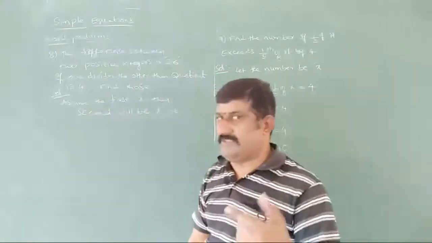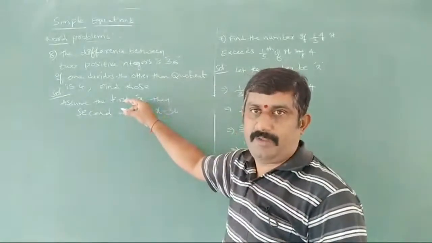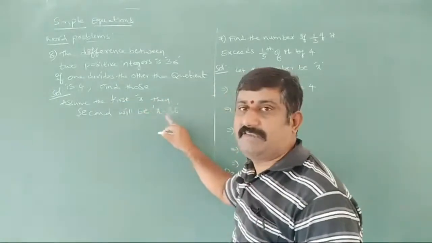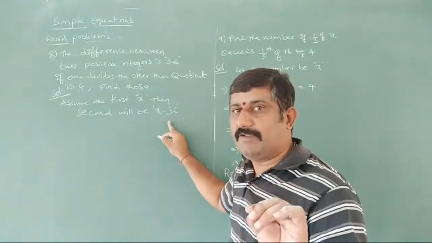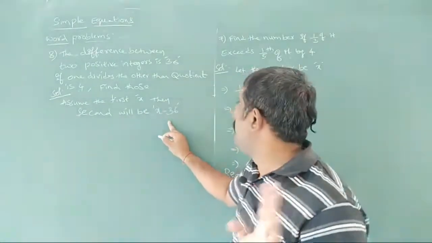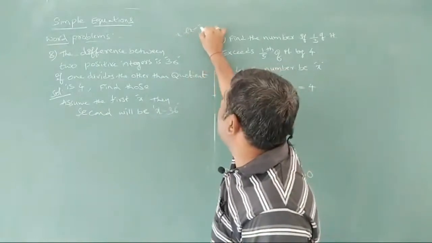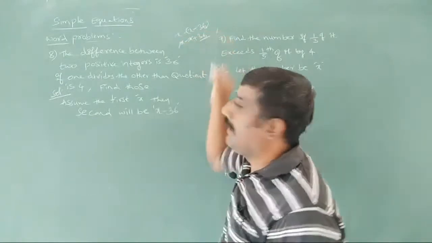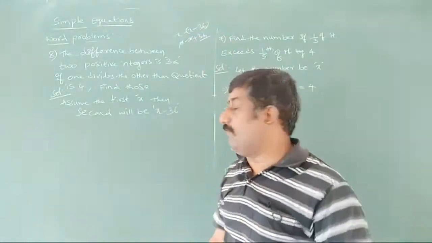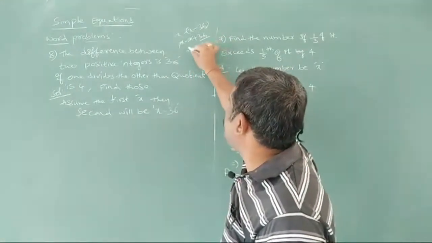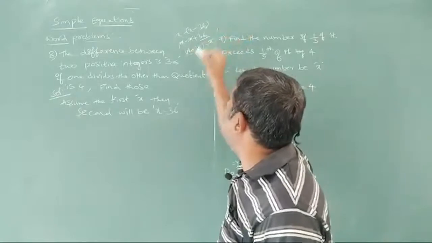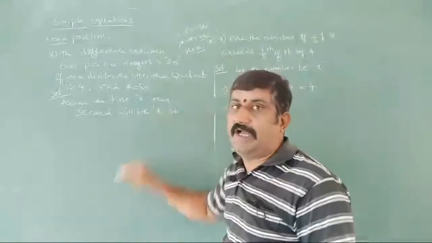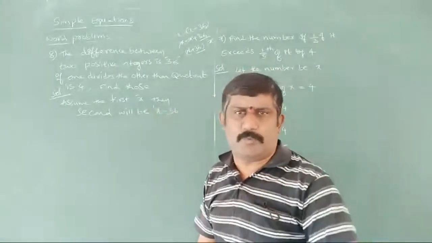How can we take it in both ways? First of all, I am assuming it as x, and I am taking x minus 36 here. Why? Because x minus (x minus 36): minus into minus becomes plus, so the answer is 36. Or else, in another way, x plus 36 minus x, x and x get cancelled, again it is going to be 36. So we can take either x minus 36 or x plus 36. You can choose any of those, no problem.